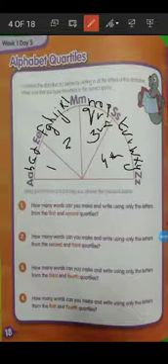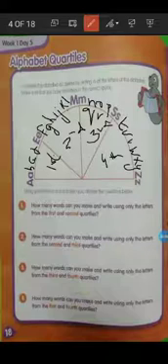How many words can you make and write using only the letters from the first and second quadrille? So students, this is our first quadrille, this is our second quadrille, this one is our third quadrille and this one is our fourth quadrille. Okay, so now we have to pick up words from the first and second quadrille. We have alphabets starting from A till M.